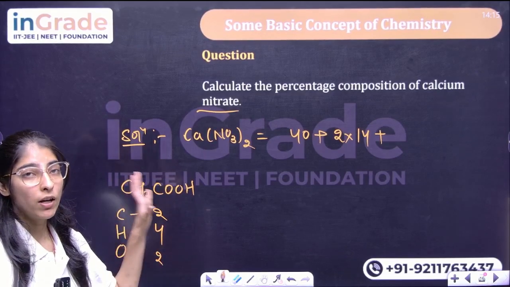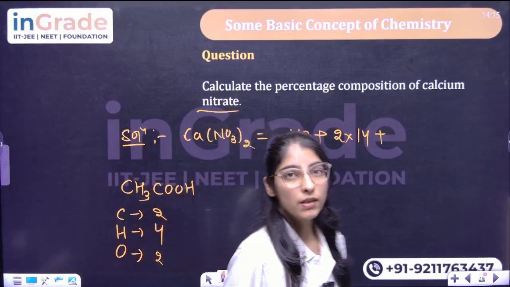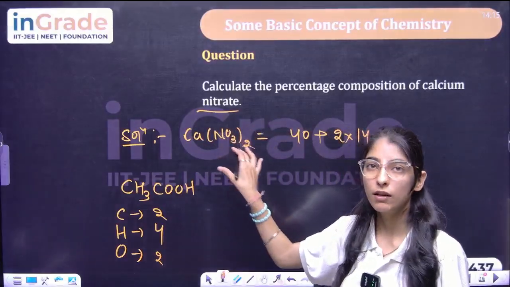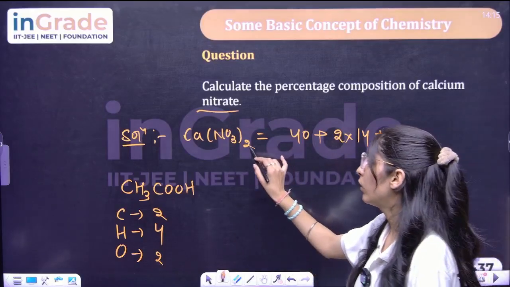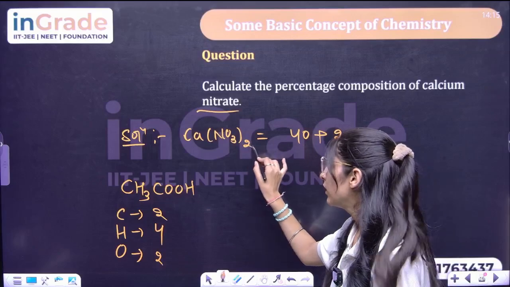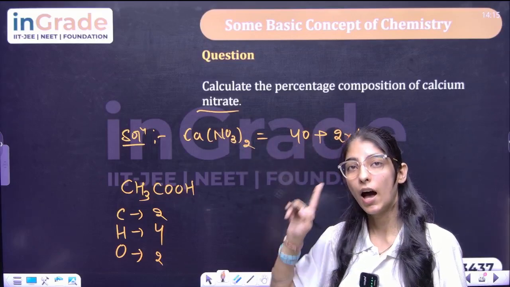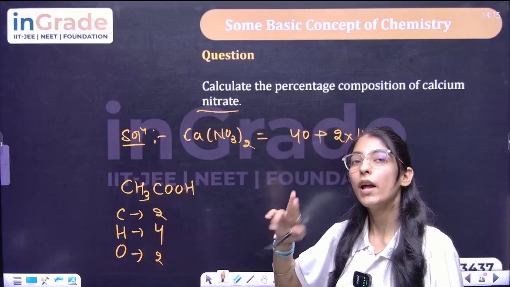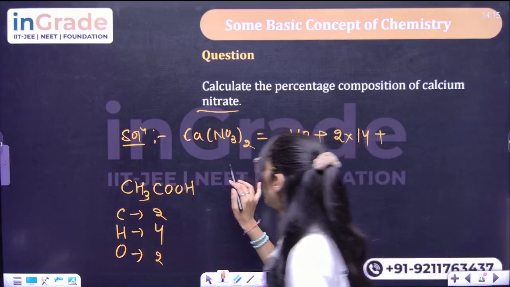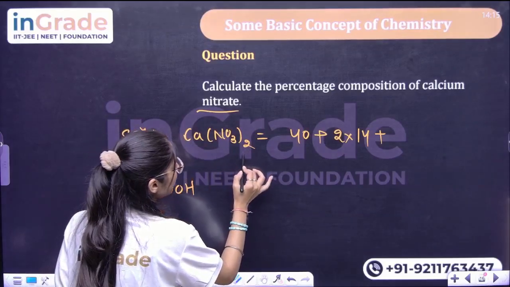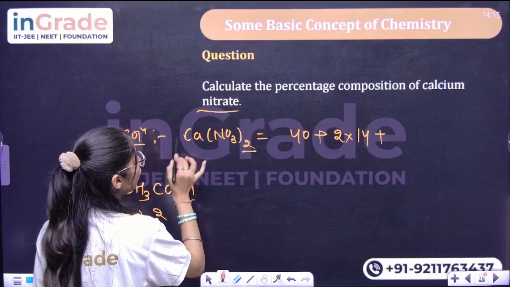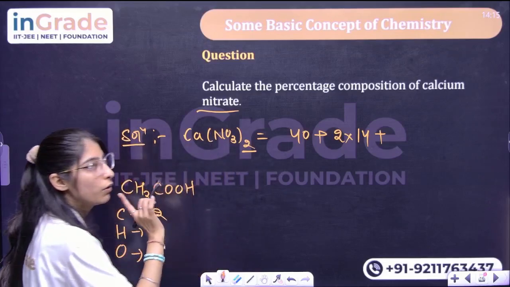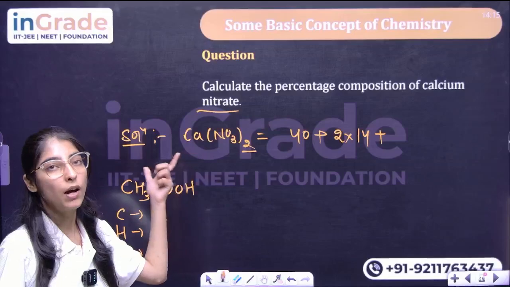And if in any question such a kind of compound is given to you, it simply means that you are going to multiply this subscript by this, which simply says that 6 oxygen atoms are present in this compound and 2 nitrogen atoms are present. Okay, it simply means that you are going to use this subscript only for this NO3, not for this, as we know that this subscript comes under this bracket. That's why we are not going to consider this 2 for calcium. I hope you got it.